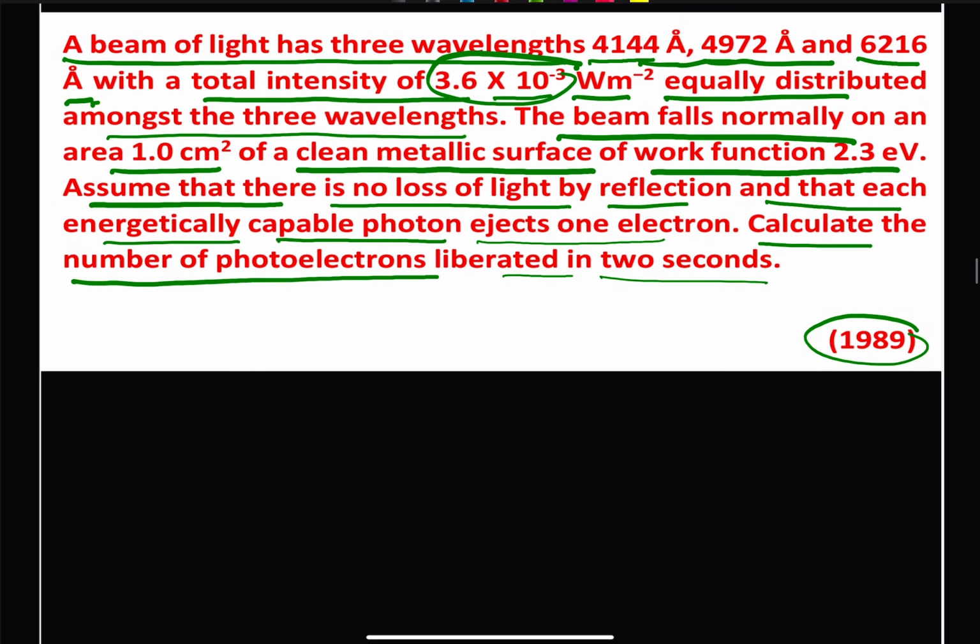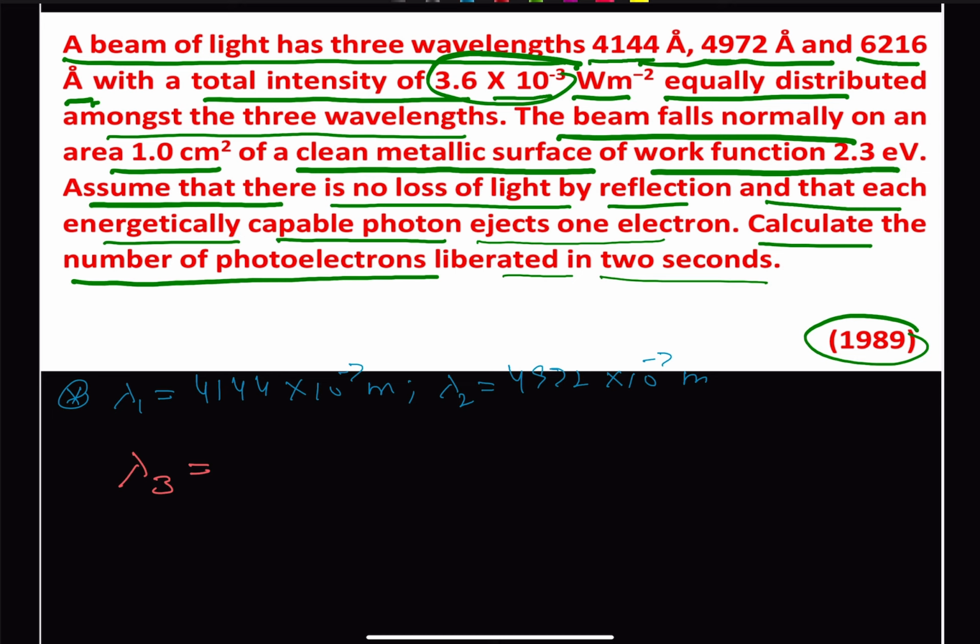So we have three wavelengths. We have our lambda 1, that is 4114 into 10 to the power minus 10 meters. We have our lambda 2, which is 4972 into 10 to the power minus 10 meters, and we have our lambda 3